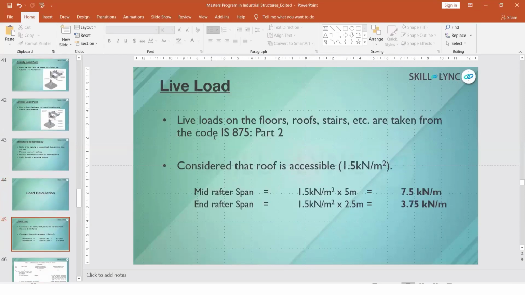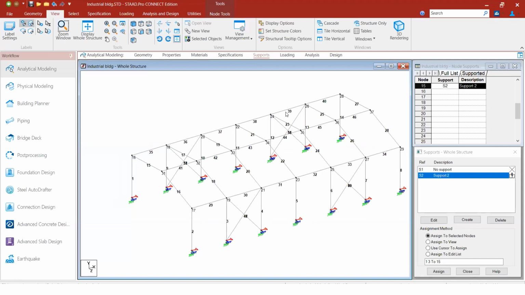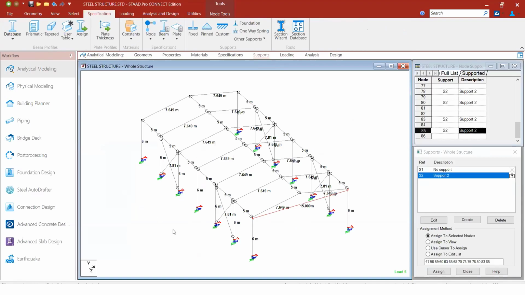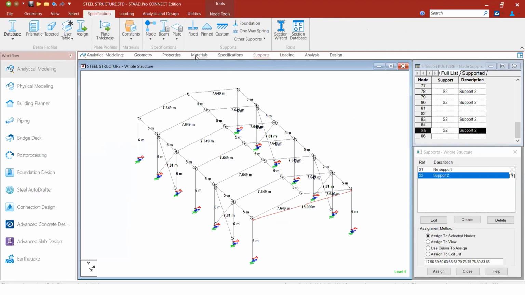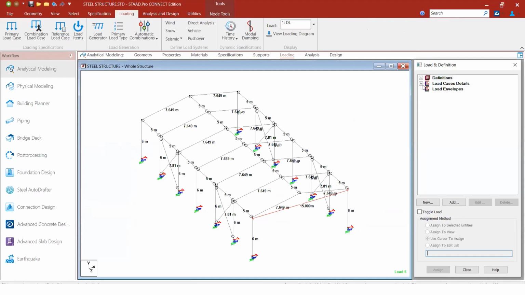So if you take the load calculation, like how I said, I will share the model now, where I have already calculated. Yeah, I'll share this model. I think the model is visible right now. Yeah. So this is how the loads are. Now we are seeing the load paths.